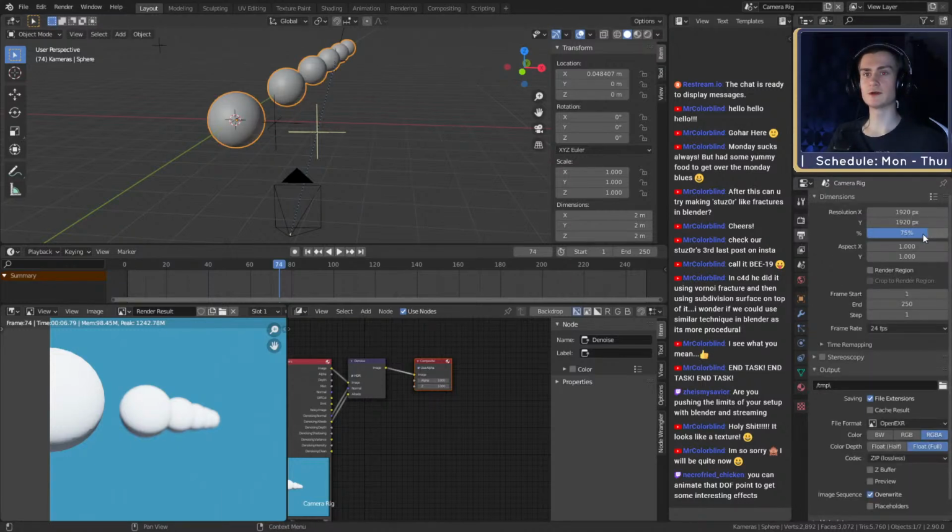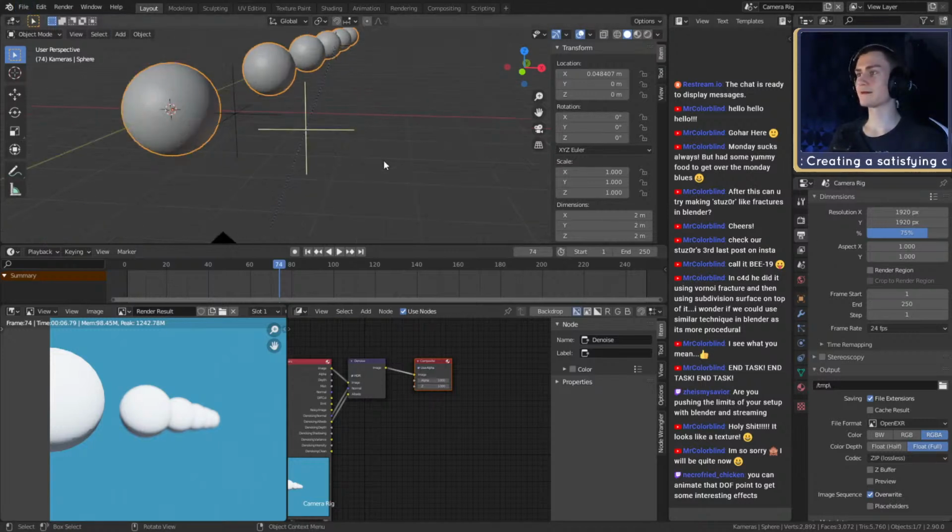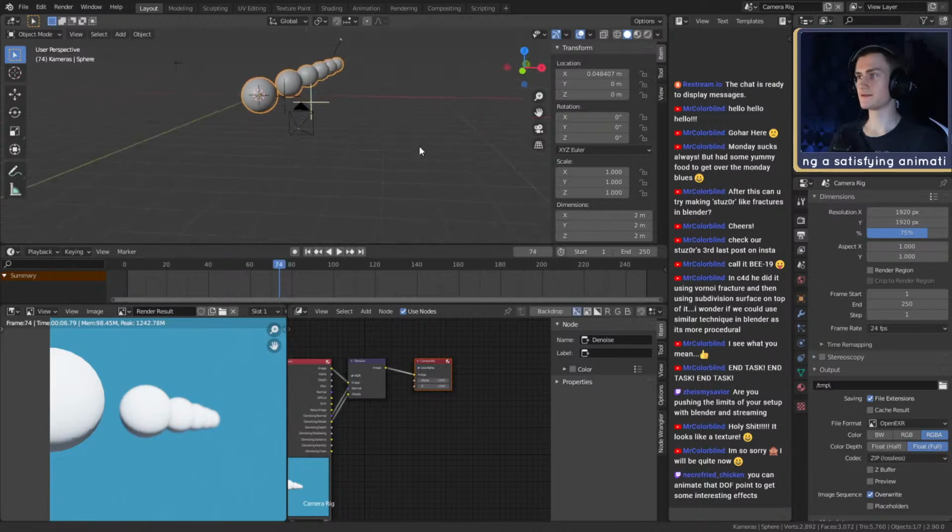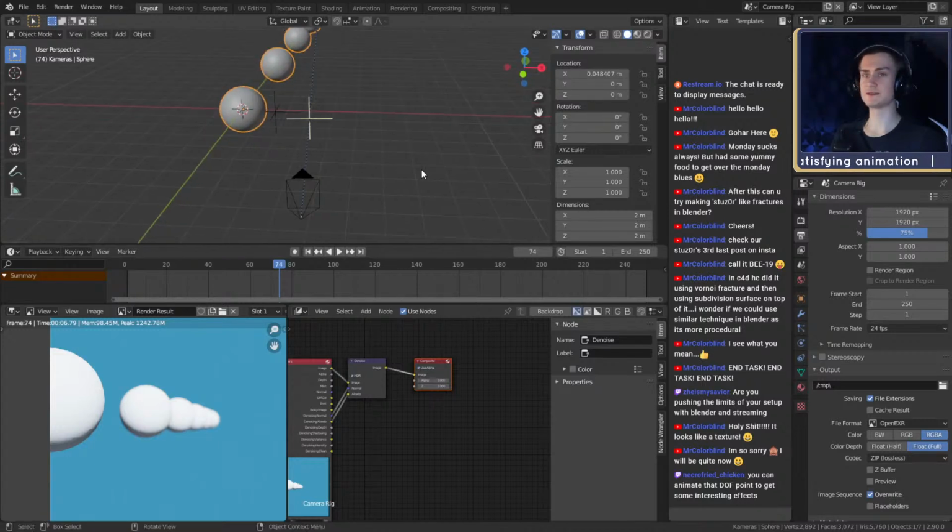I wouldn't go lower than 50% because if it's lower than 50%, you can really lose detail, because the resolution is just not big enough for the program to recreate the detail that was there in the original resolution. So this is the third tip, basically just reducing the render time by a lot by changing these settings or applying this technique.